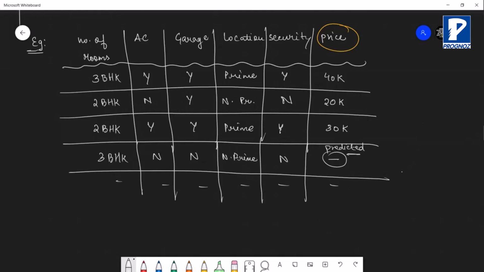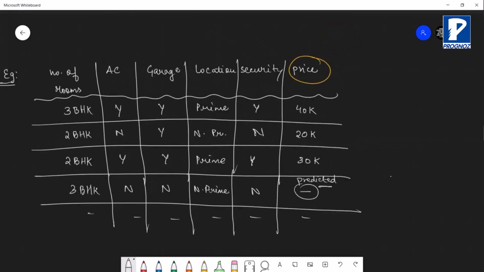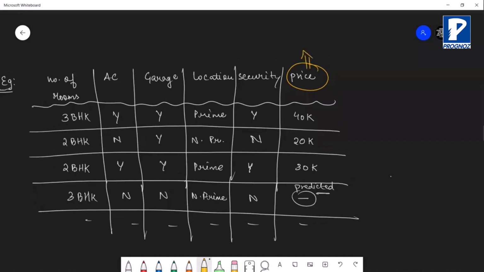So what I'm trying to say is that this particular price component is the dependent factor, and these are the independent factors.